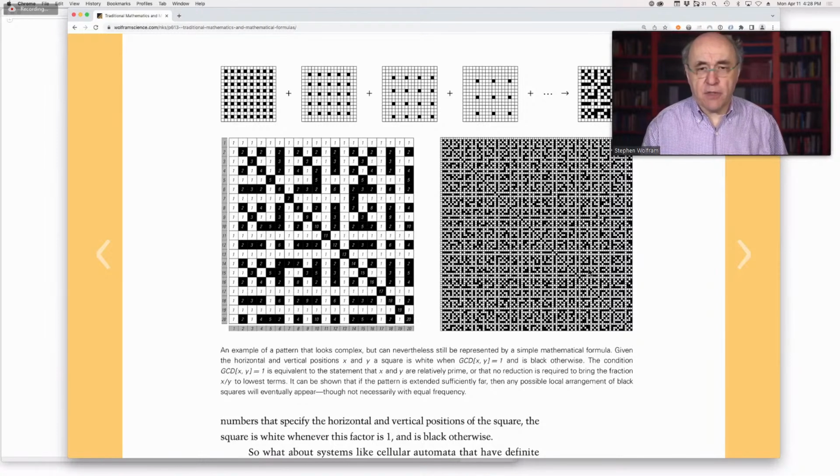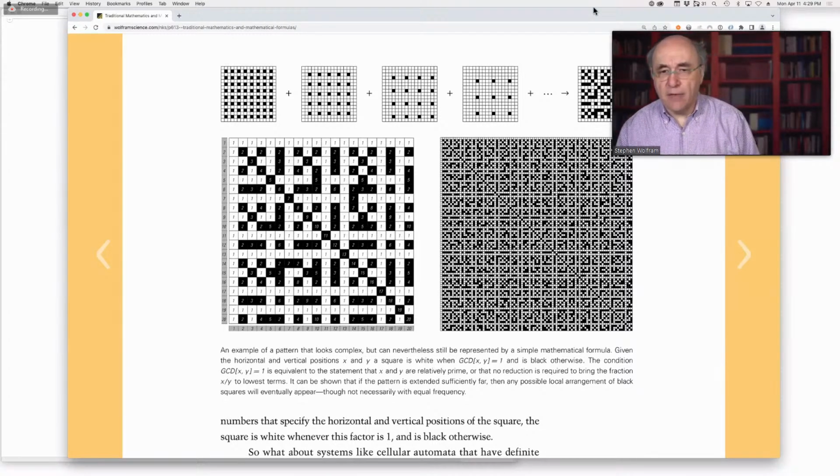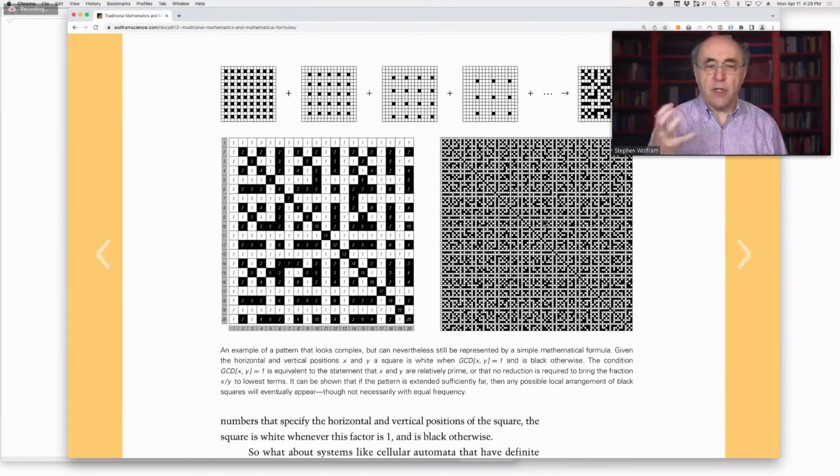So what are some other examples of that? Here's one other example. This is a GCD-based example. Let's imagine that our rule just looks at the superposition of these patterns where you have cells 1 apart, 2 apart, 3 apart, etc. You get this pattern here. Okay, so can you predict, just by knowing the coordinates, whether you will have a black cell or not in that particular position? And the answer is, well, yes, you can. In fact, this is just the pattern of whether the 2 numbers, the X coordinate and the Y coordinate, are relatively prime. It looks visually complicated, but mathematics allows us to crack this picture.